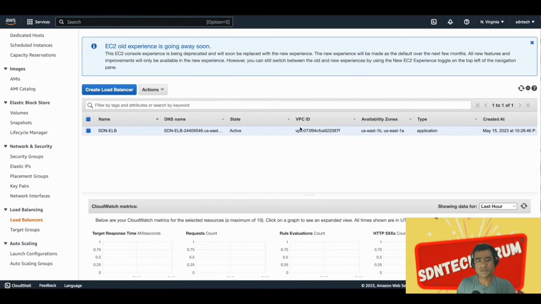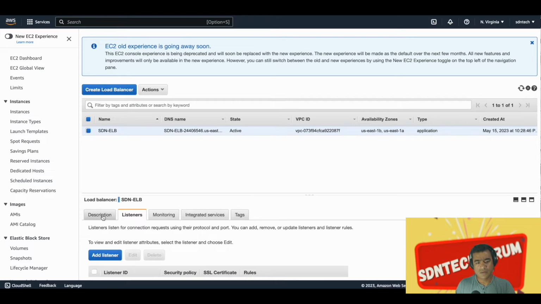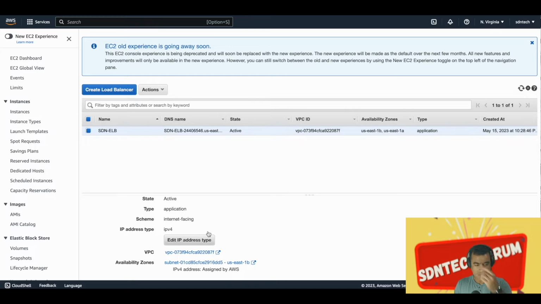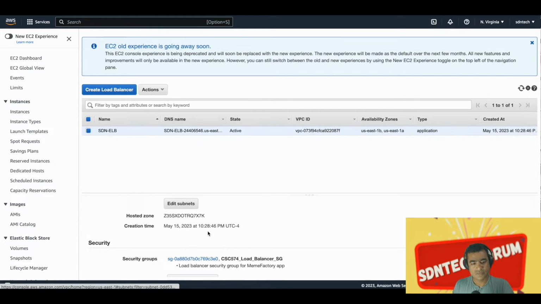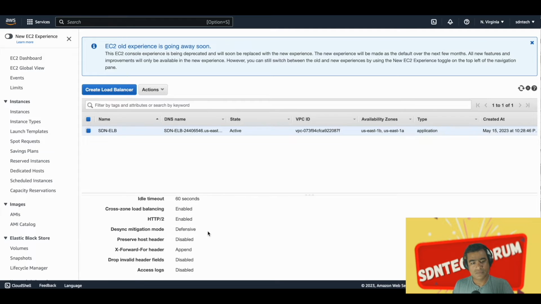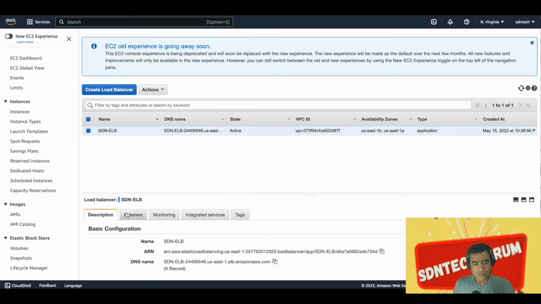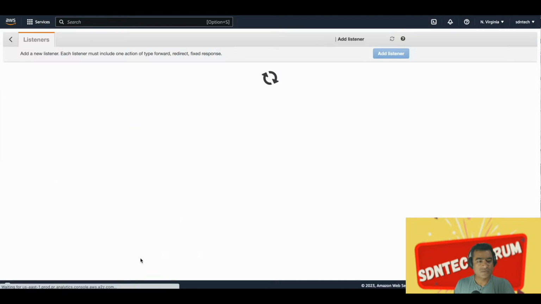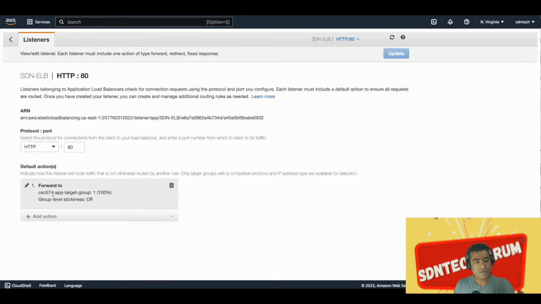All right, let's go back to the load balancer one more time and see if the provisioning is complete. As you can see, this is active. All right, all the details are here. You can scroll and see the details. I think it's just not showing here. Let's click on edit. Yes, as you can see, we have a listener rule,